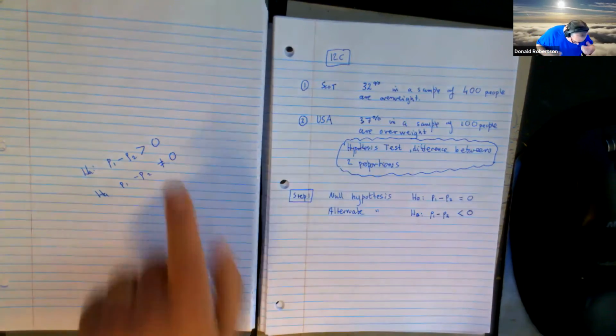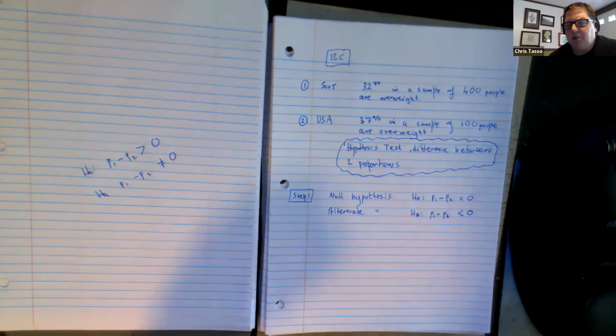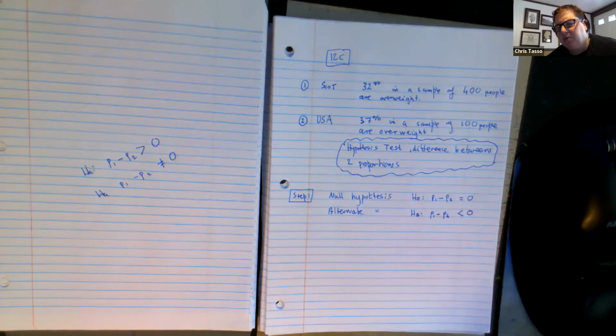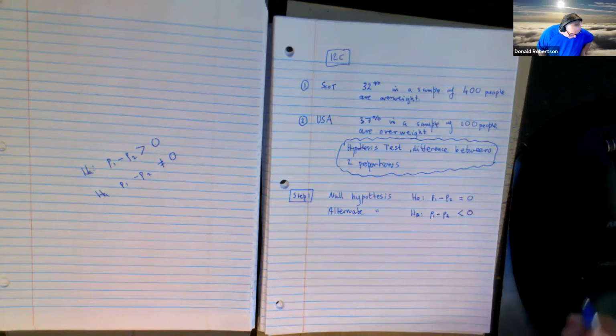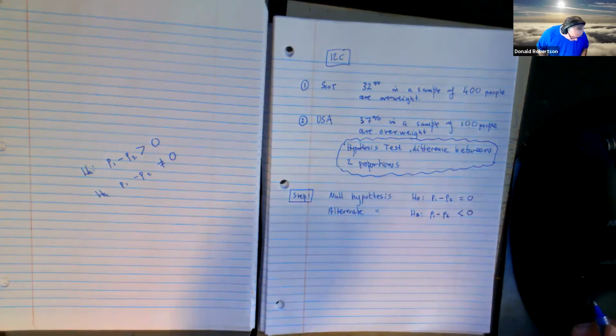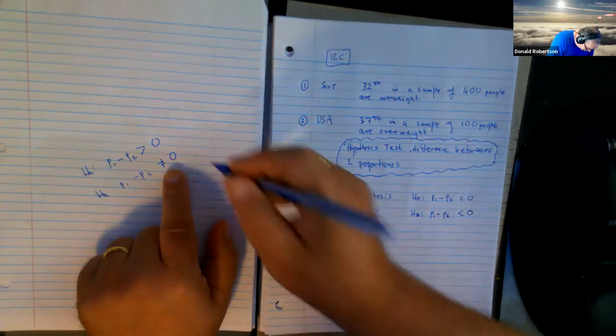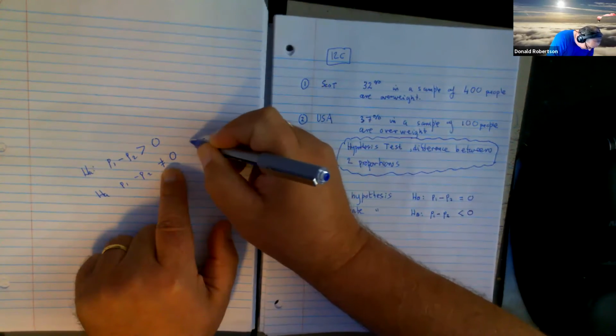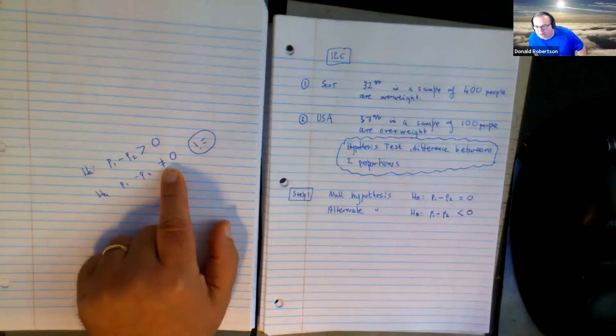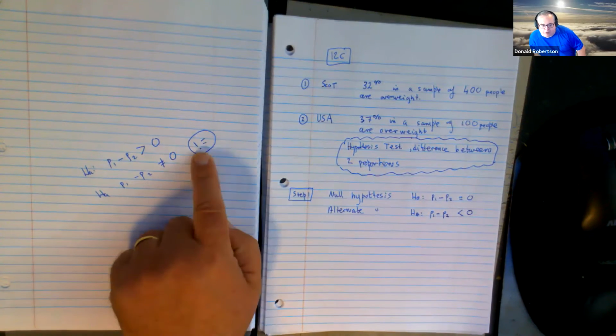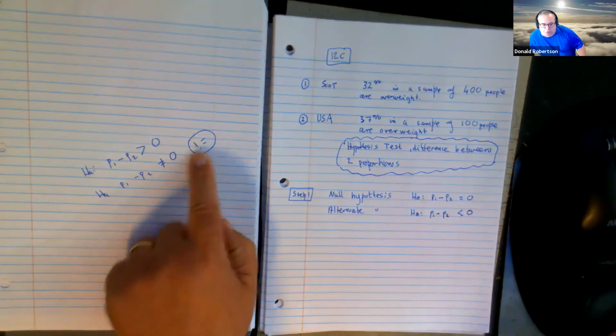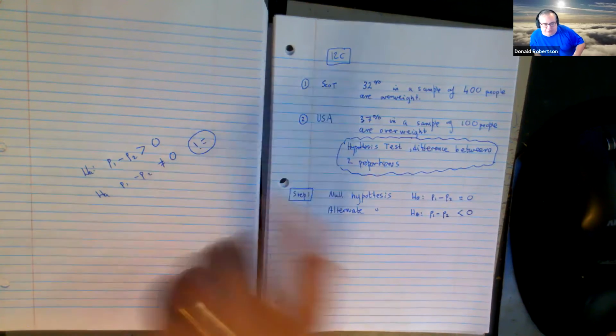Now, a couple of wee awkward bits. Is that how we type it into WebAssign, P1 minus P2? I was going to tell you that, yes, but it's a little bit trickier than you think. Let's do the not equal to. That's just weird. Evidently, WebAssign doesn't have a not equal to button, so you do exclamation mark equals when you want to do a not equals, and it tells you that in the instructions.